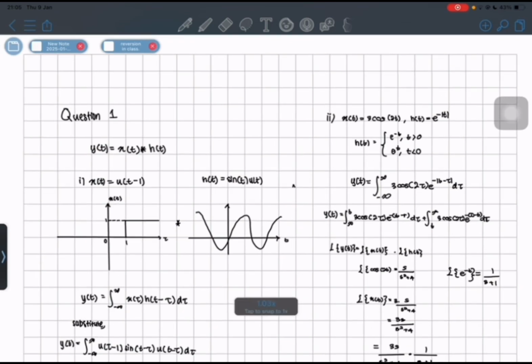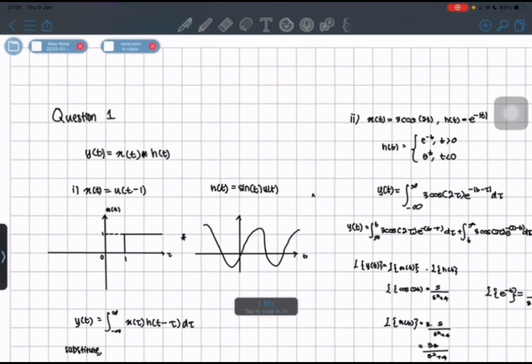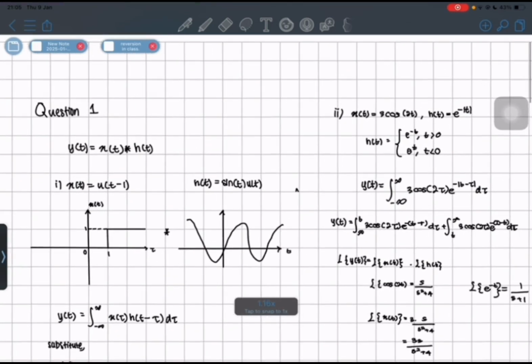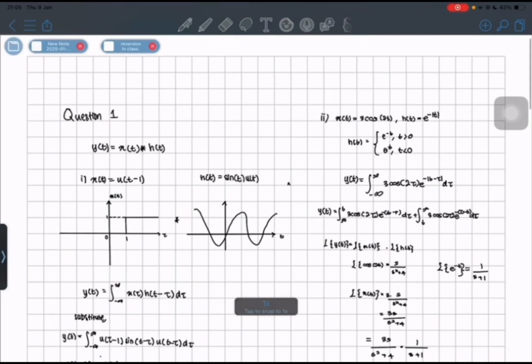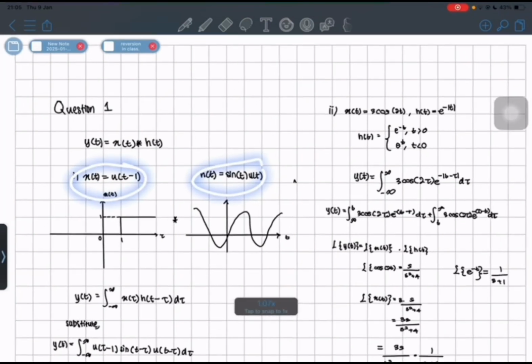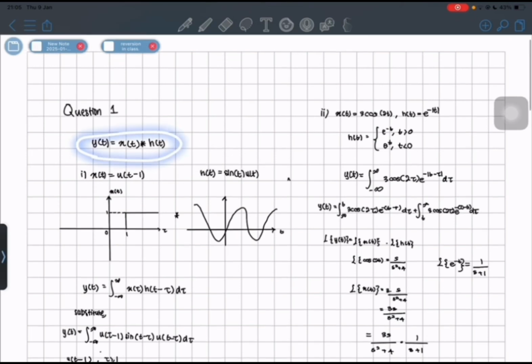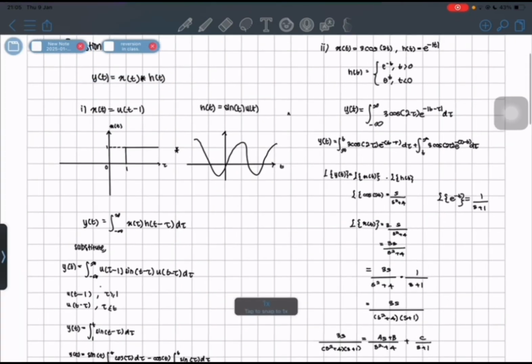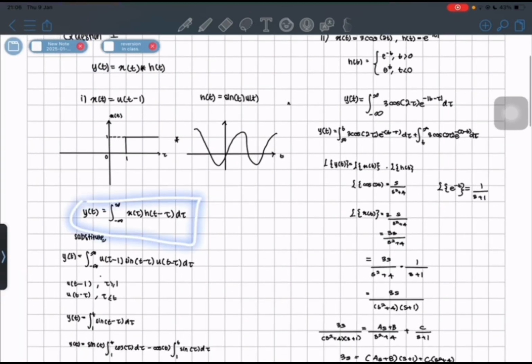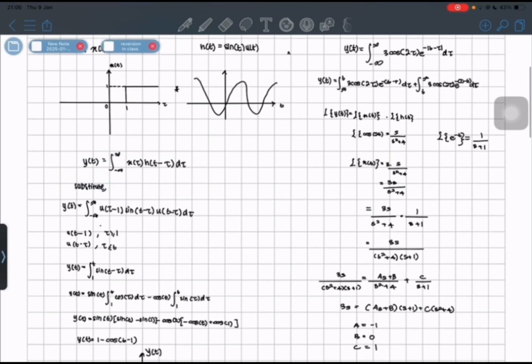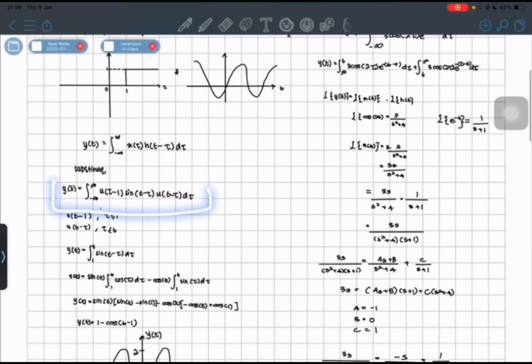So I will discuss question number 1, 1 Roman. We are given these two equations, which are xt and ht, and we need to do the convolution. This is the convolution definition, from which we substitute the information given, and then we got